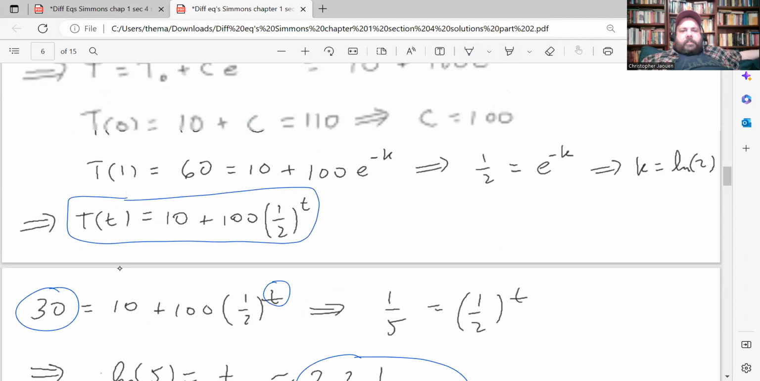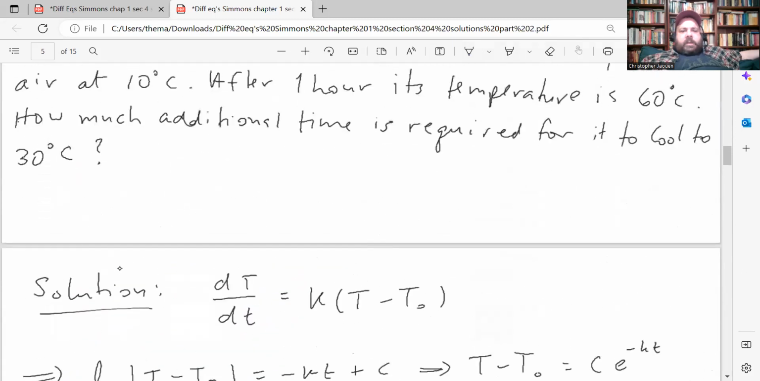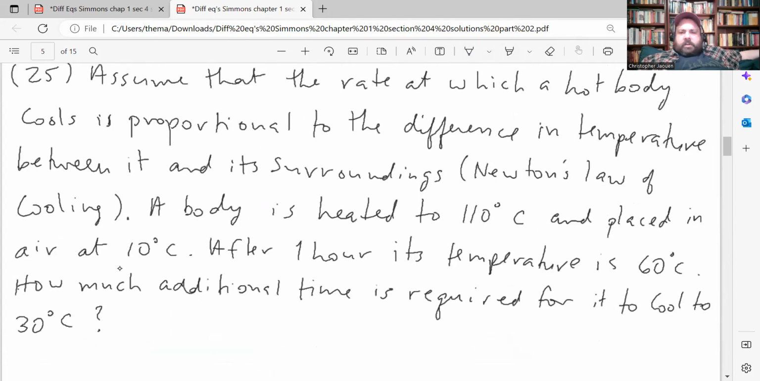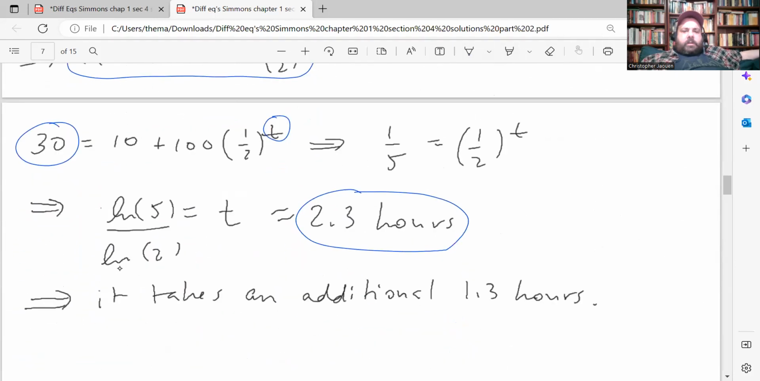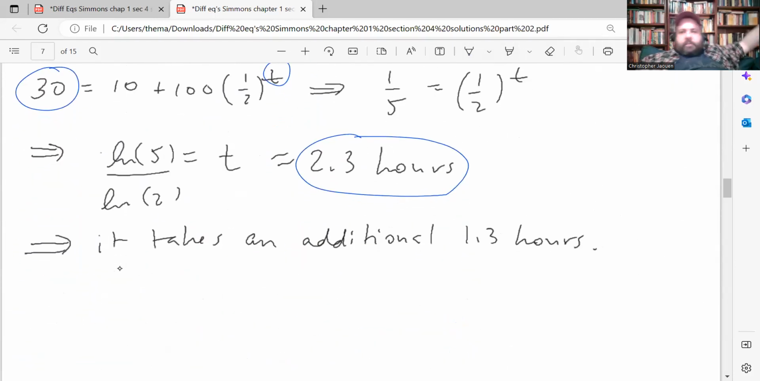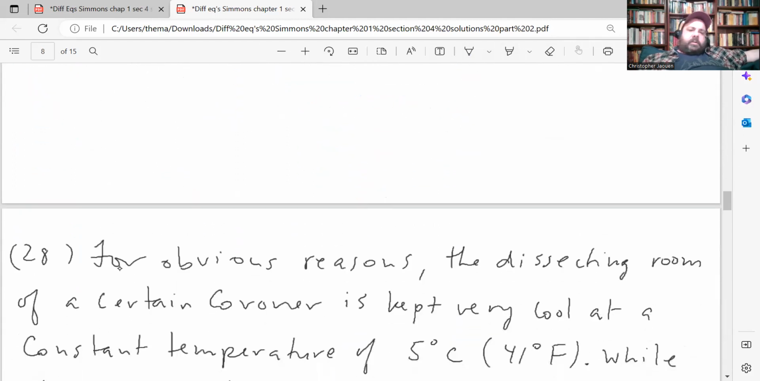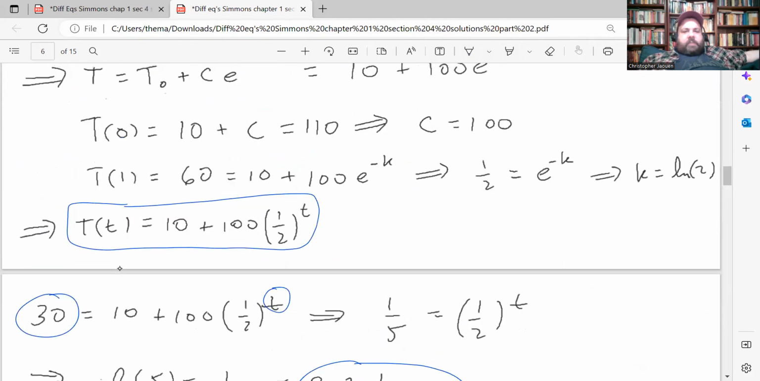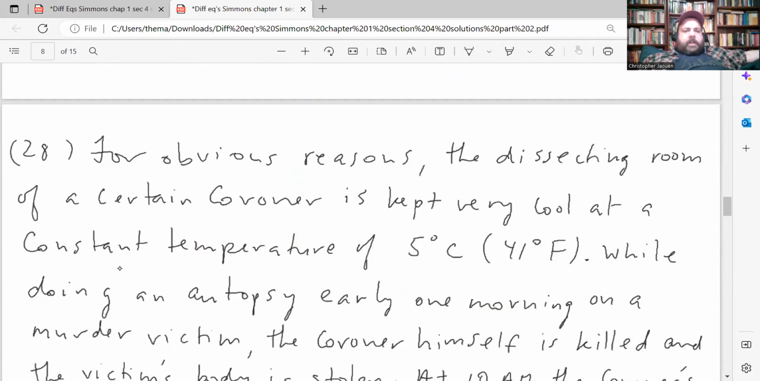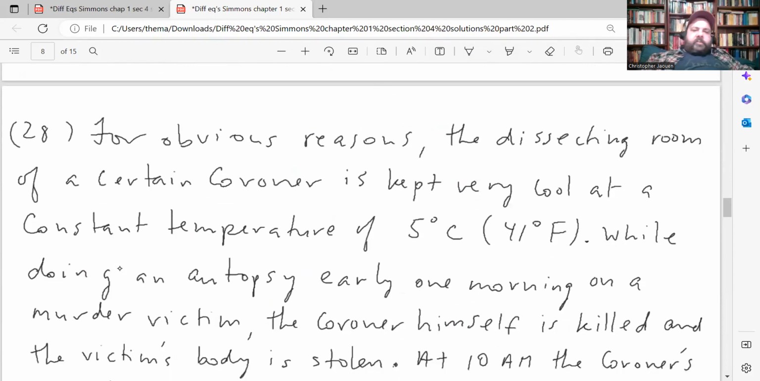But remember, they said that a body is heated to 110. After 1 hour, its temperature is 60 degrees. So just subtract off that 1 hour, and you get 1.3 hours after the temperature was 60 degrees. It takes an additional 1.3 hours to cool down to 30 degrees, right? Like I said, this is a type of problem you might even have seen in pre-calculus or Calc 1 or something. Number 28 also involves Newton's law of cooling, but it's a little bit more interesting just because the scenario is